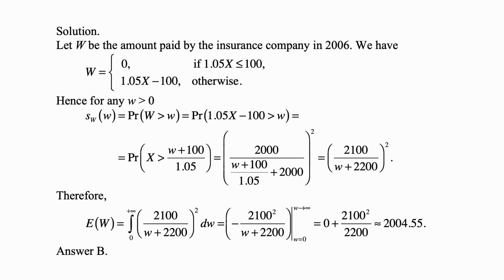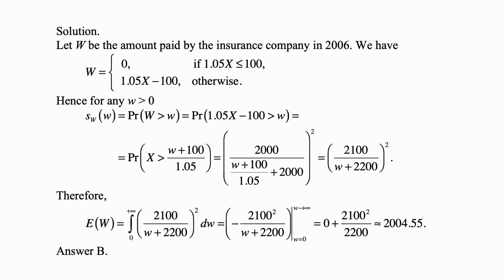And here's the solution. Let's write W for the amount paid by the insurance company in 2006. So we have W is equal to 0 if 1.05x is less than or equal to 100, because 1.05x is the new loss that increased 5% due to inflation, and 100 is the deductible. And otherwise it's 1.05x minus 100, that's 5% inflation increase and a deductible of 100 applied. Therefore, the survival function of W, of this new random variable for the payment by the insurance company in 2006,